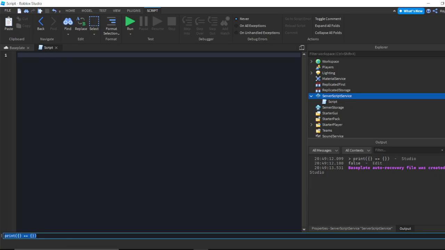Now, before I go over why it gives us false, you have to learn how tables are made. So tables, as a quick rundown, basically house different elements at different indexes that you can set or get or whatever you do with them. Now, what a table is to a computer is just a memory address. And a memory address is basically a location or spot in the memory in which a table is